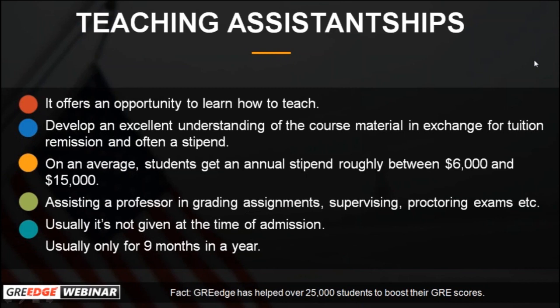All right. On average, students get roughly between $6,000 to $15,000 a semester. Can you guys imagine that kind of money? Sorry, that's in a year. I'm sorry about that. It's $6,000 to $15,000 in a year. So that will definitely be a huge boost for your scholarships. If you're able to make $10,000 by yourself, over 2 years you'll be making $20,000. So isn't that big enough money to save some of what you're investing?